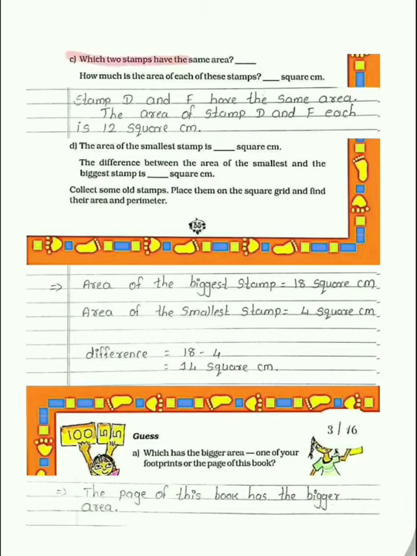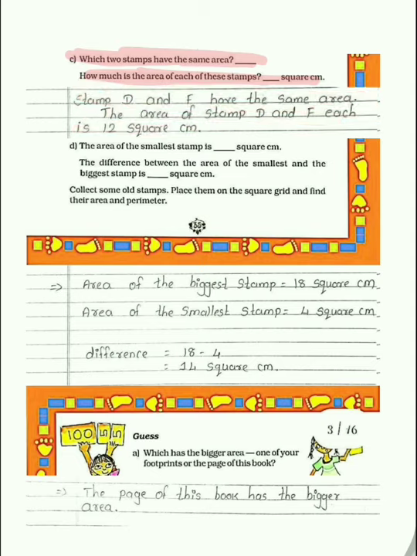C1, which 2 stamps have the same area? How much is the area of each of these stamps? We know that stamps D and F have the same area. So we will write that stamps D and F have the same area. It is already given by the method. So we will write directly here the area of stamps D and F each is 12 square